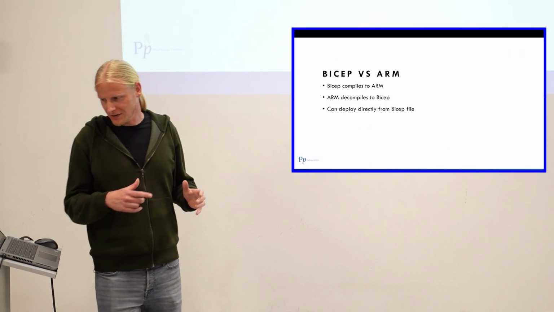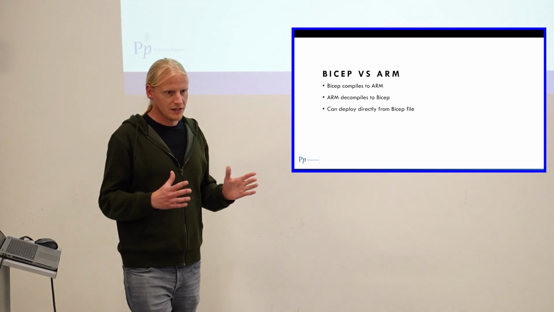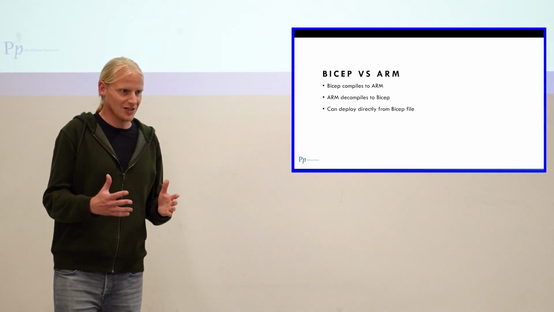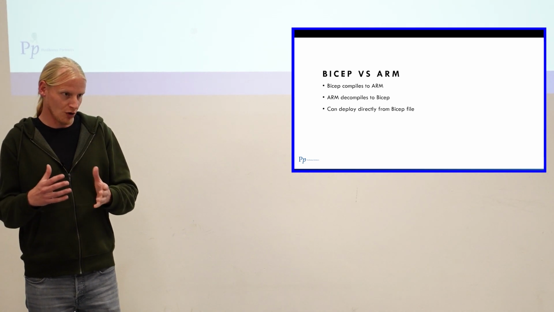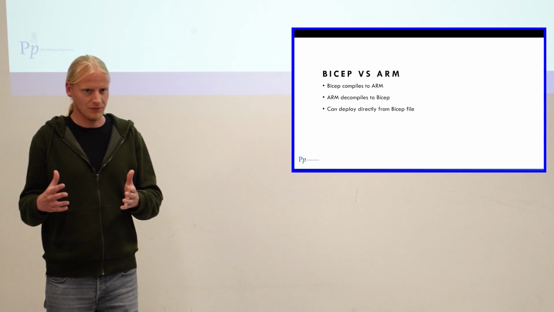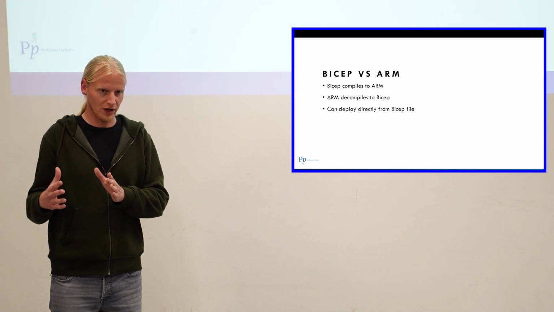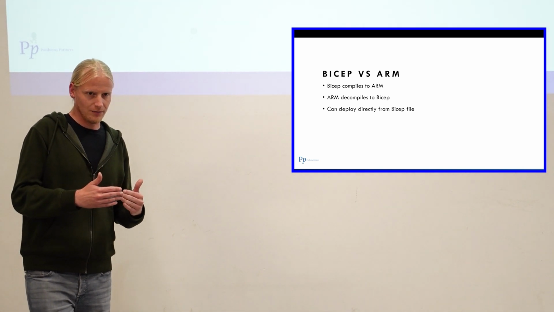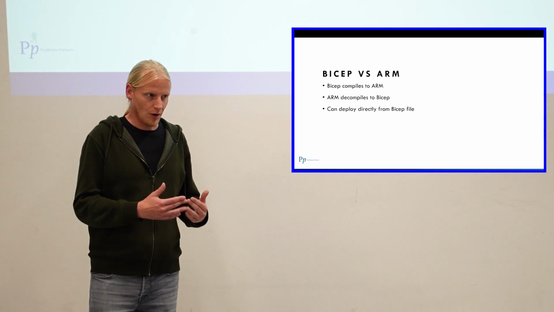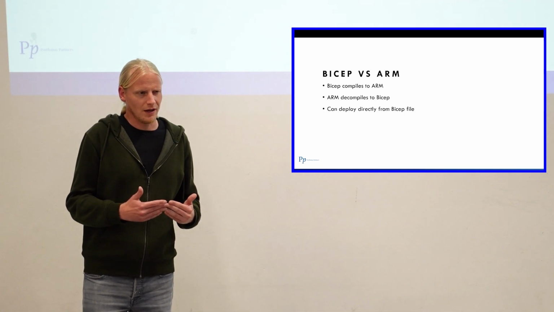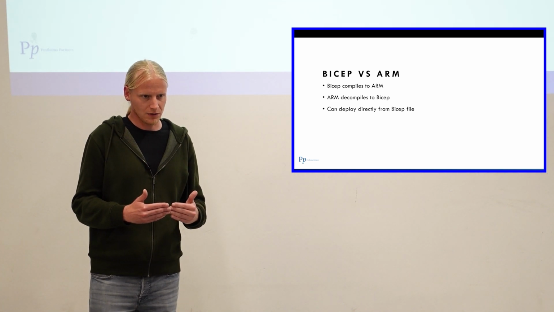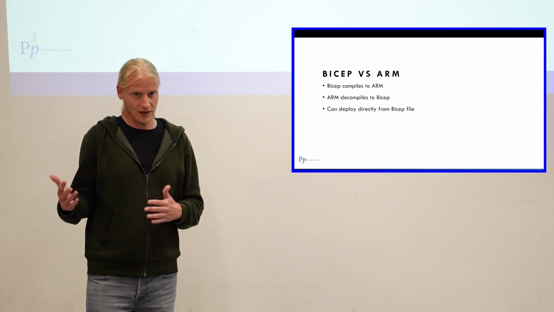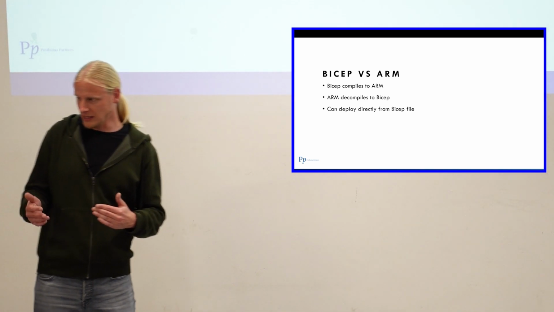First, a little bit about the comparison, or what the relationship is between these two things. Bicep is a language, it's a domain-specific declarative language, actually, which compiles to one or more ARM templates, well, usually one ARM template, actually. So each Bicep file you compile to one ARM template. And if you want, there's also the option to decompile an ARM template to a Bicep file. I rarely use this, but it is possible. I don't think it has 100% support for everything, but you can use it if you have existing ARM files, for example, because you exported them from the Azure portal. You can decompile them to a Bicep file.